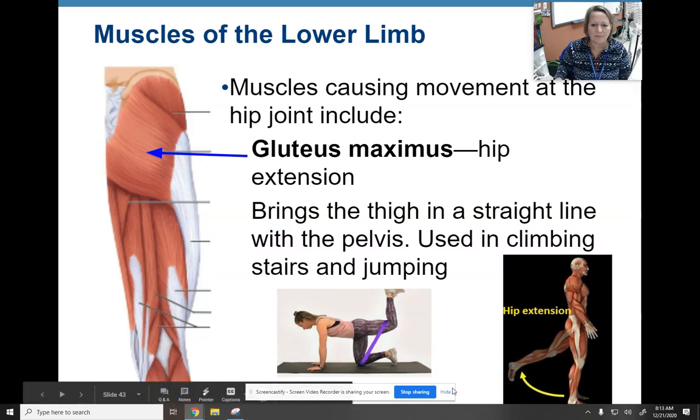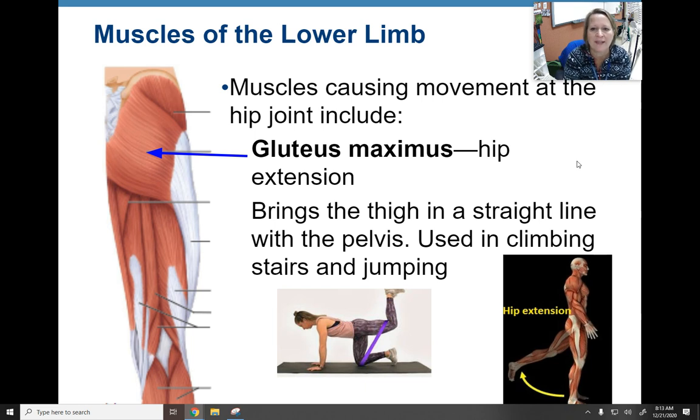Hello and welcome. I want to go through the muscles of the lower limb with you. The main ones that we think about when we're talking about movement of